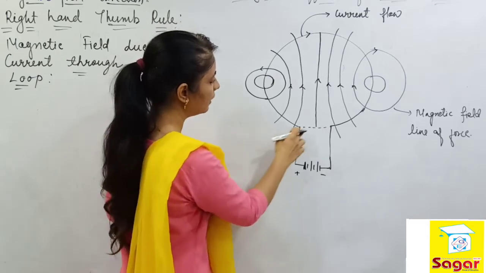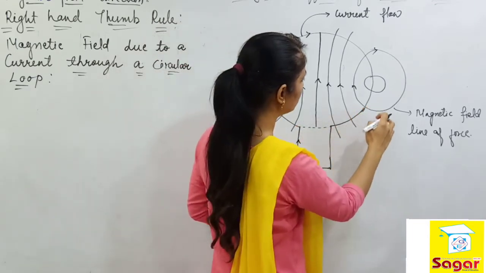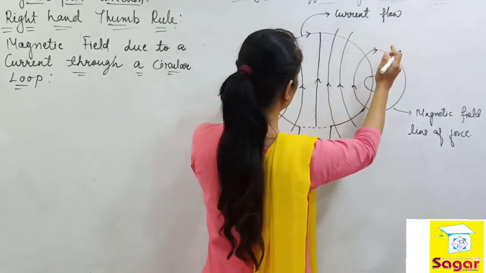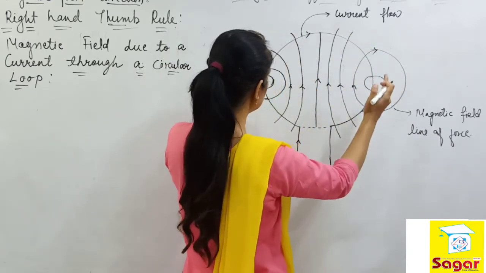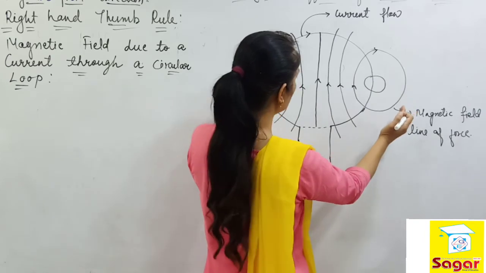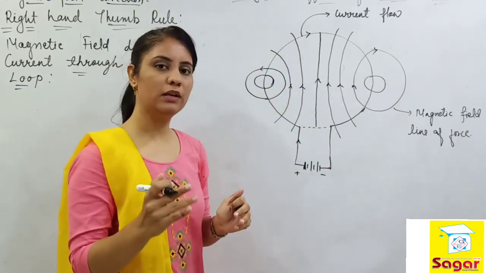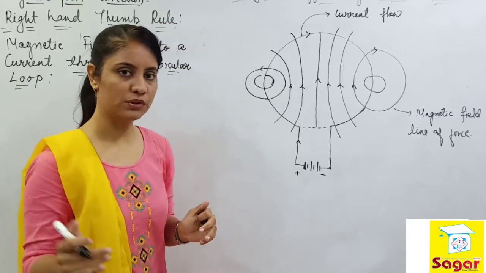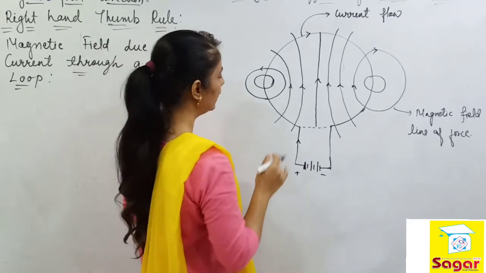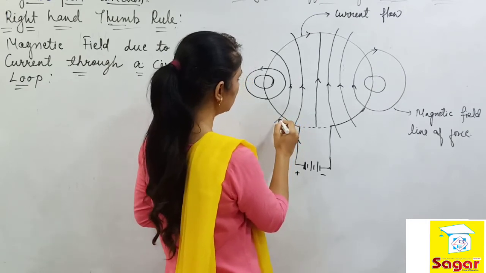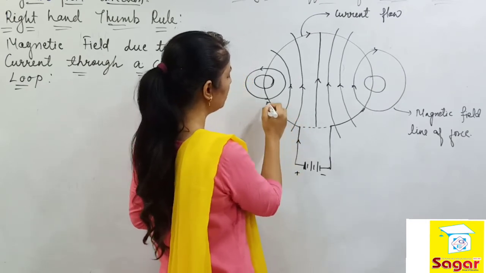So these lines are only the lines of magnetic field line of force. Here around the loop, you can say that the magnetic field has been generated, and this magnetic field is generated only because of the magnetic field line of force. Now, in a more detailed analysis, if you have a look over the loop, at individual points,